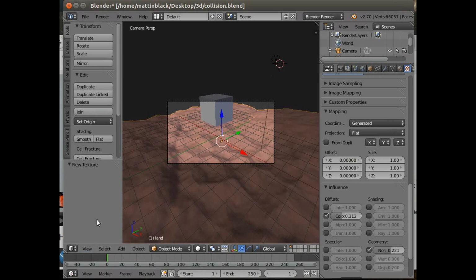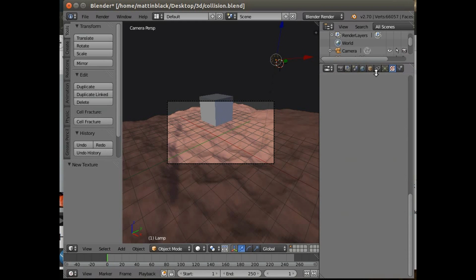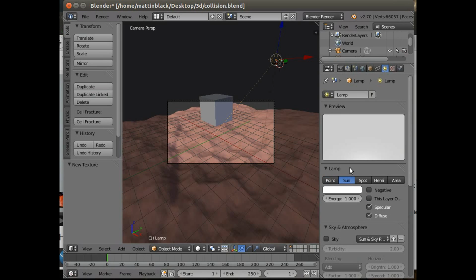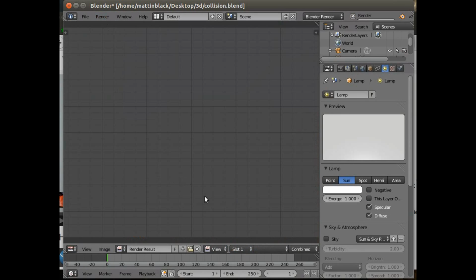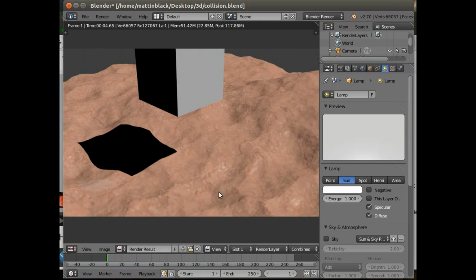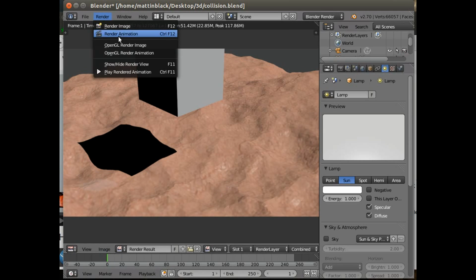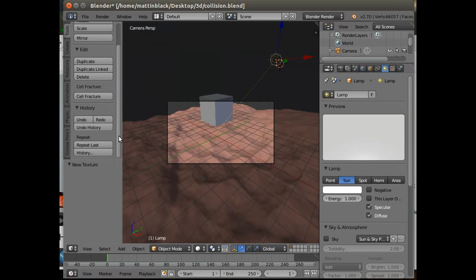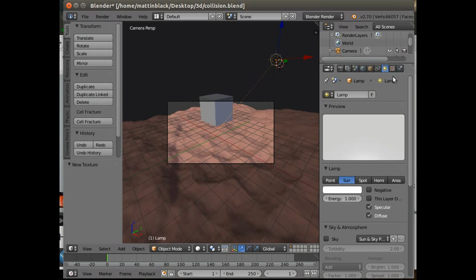Let's have a look through the camera, and we'll change the light. We'll make the light a sun light, and if I now render that, you'll see what the ground is going to look like at the moment. At the moment the ground looks like that. Render, show, hide, and I don't quite like that so much, so what I'm going to do,